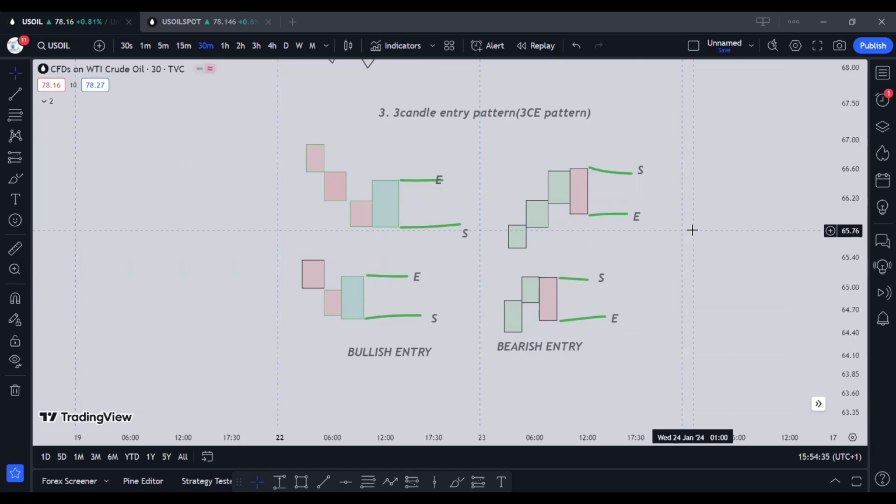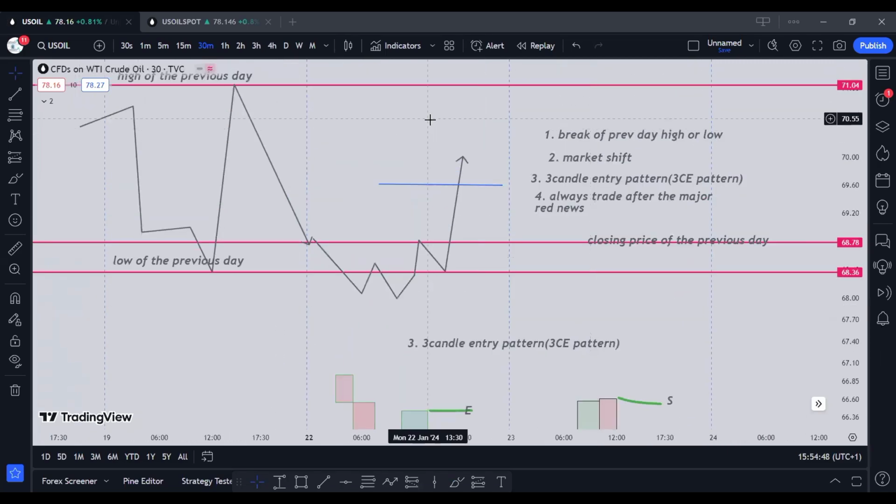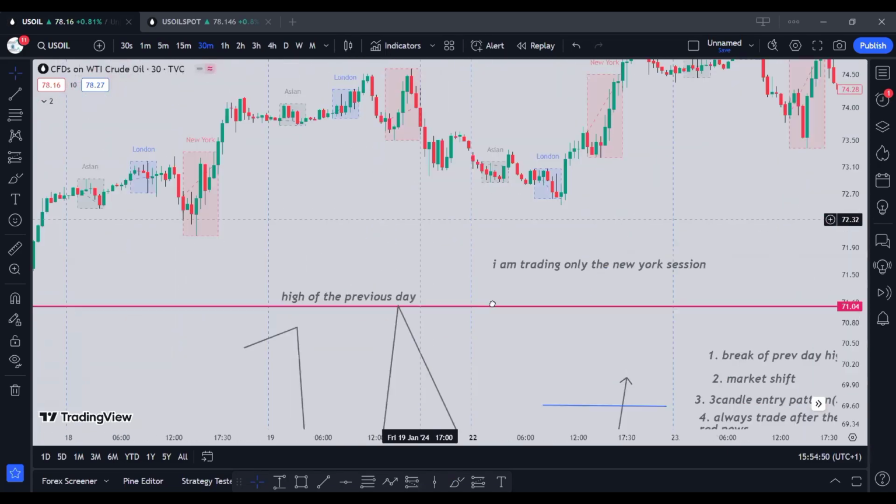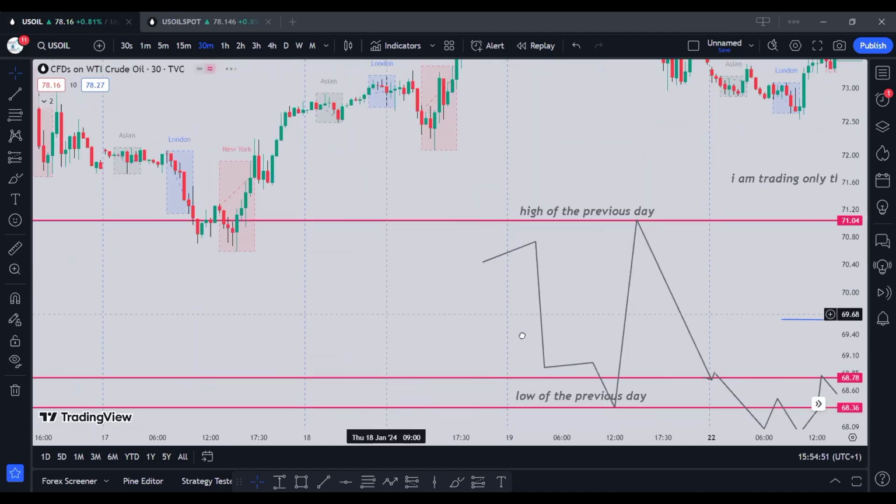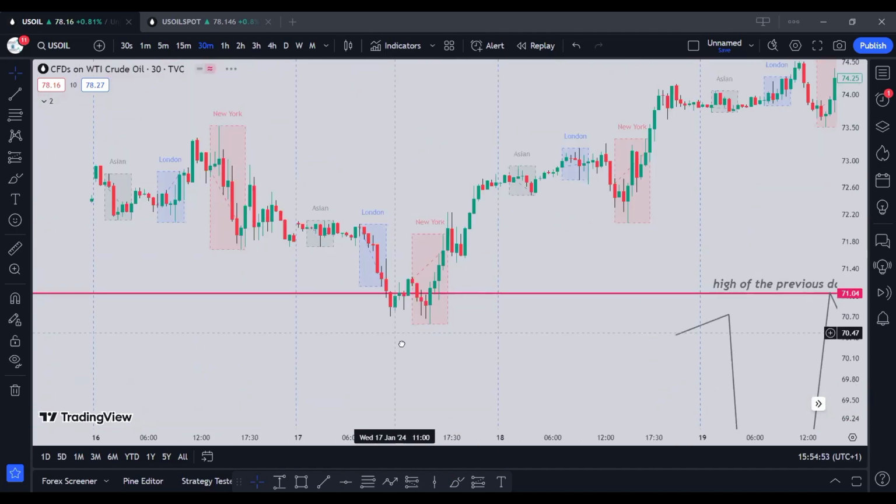I'm now ready to enter the chart. I will show you how to look for target positions. Do you understand? So let's go on to the chart right now. Let's start from